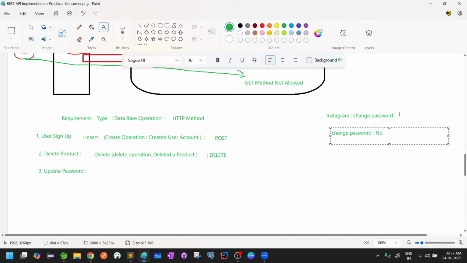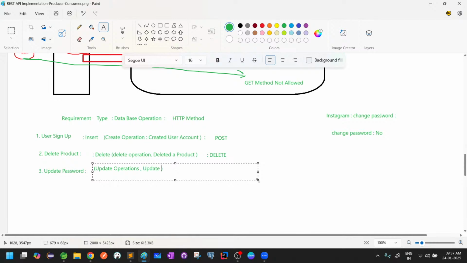So that means when you are changing a password, when an account already exists, when some password is already there, you are modifying it from ABC to XYZ. So in this case, what query will you send? It's all about update operation. So nothing but what query may finally be executed, update query you are expecting, right? So in this case, what REST standards are saying is go with the PUT method. Okay, PUT method. Now, the fourth one is,